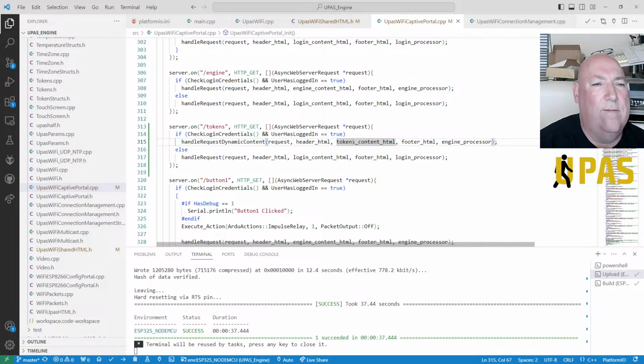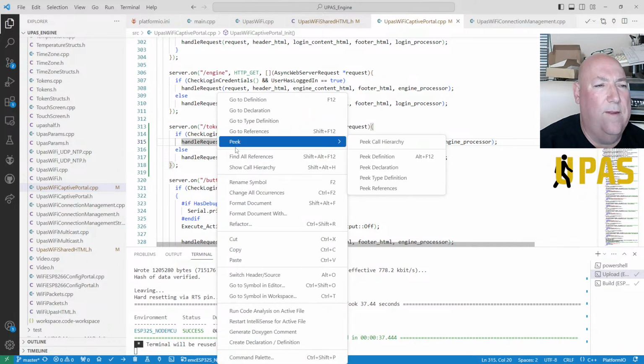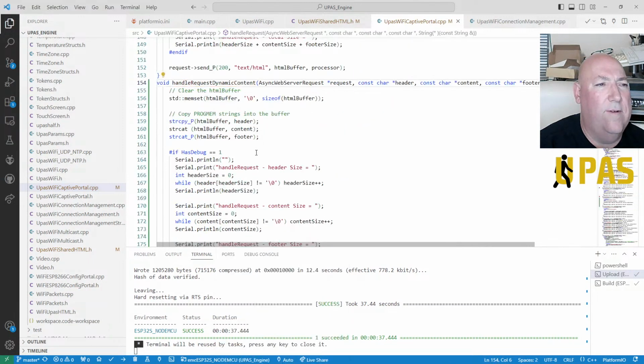Right, so I'm getting lost in this. Have a look. We've got our HTML buffer already, and because it's doing it here, it's adding it all in this stage here, isn't it, together? Yeah, so we need to be able to send it. I need to create a thing and send it in. Okay.